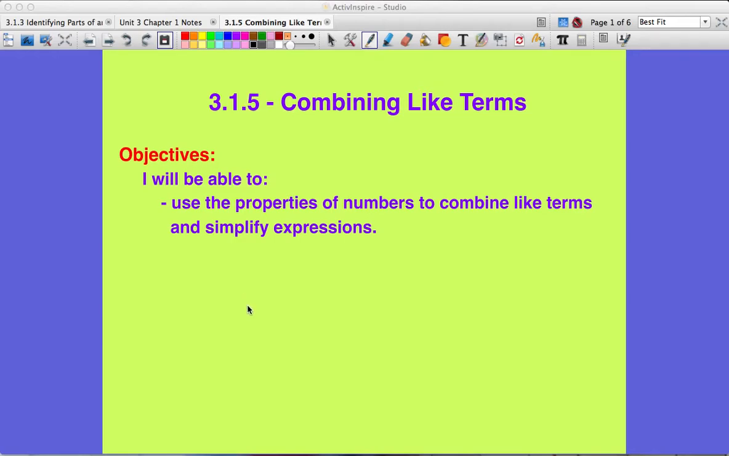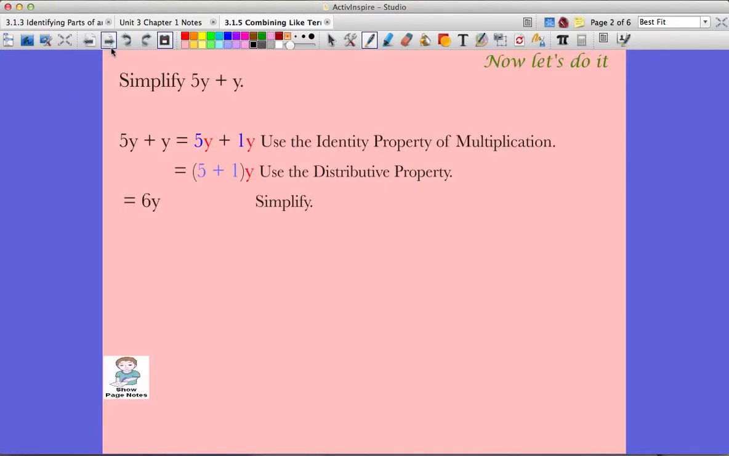Welcome to lesson 315, combining like terms. Today we're going to talk about how to use properties of numbers to combine like terms and simplify expressions. What I mean by simplify expressions is, we're not going to actually solve it. We are going to just take like terms and put them together to make the expression easier to solve in